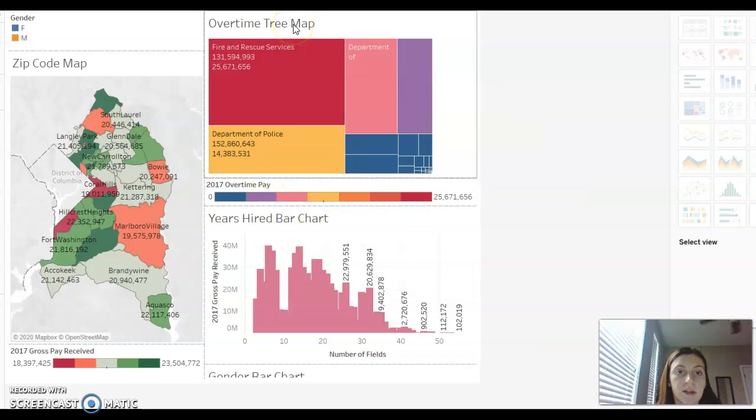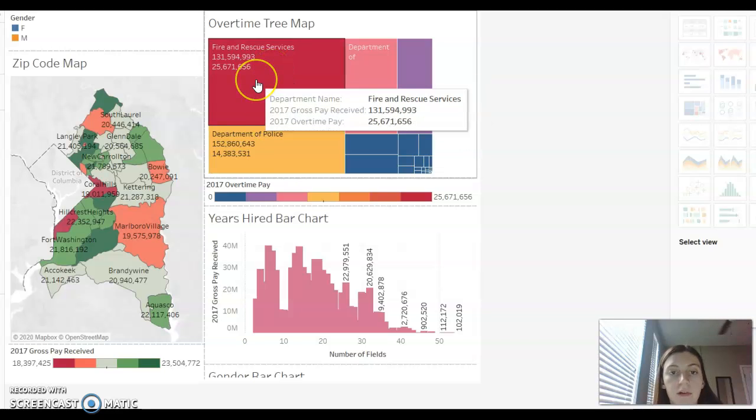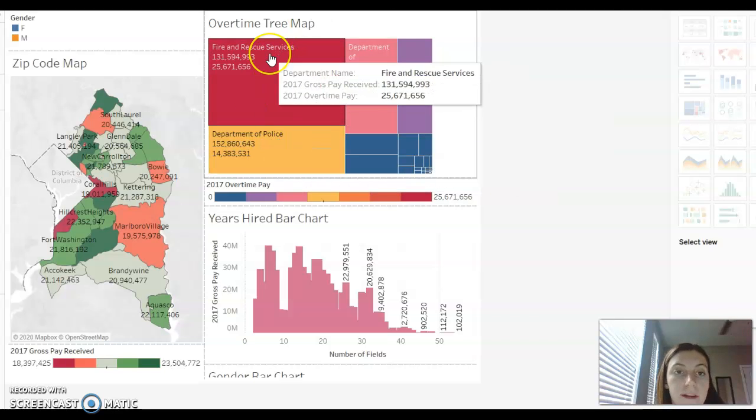And then the last one is the overtime tree map, and here we have the department names that we go through. We also have the gross pay received and the overtime pay. So the top one is fire and rescue services, which had a gross pay of